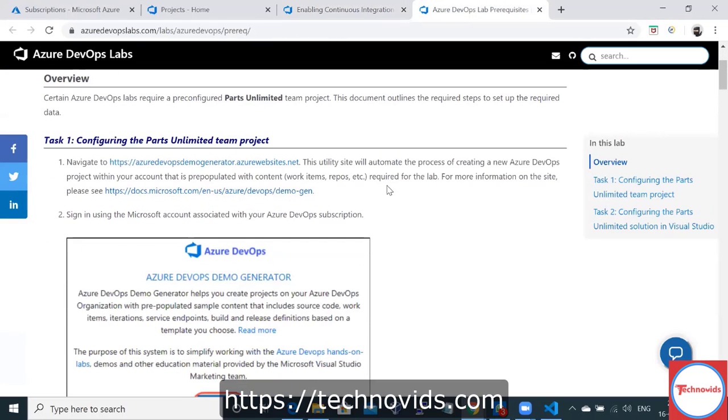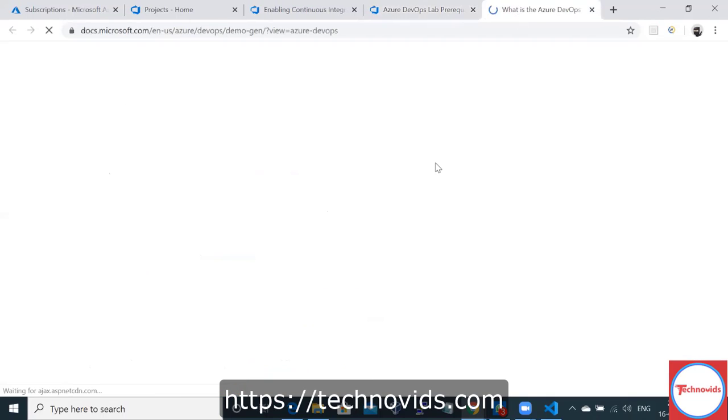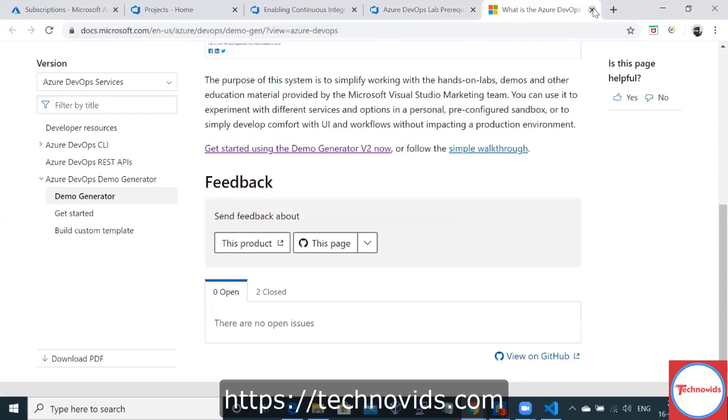For that, we will copy one project. We will use one project from here.